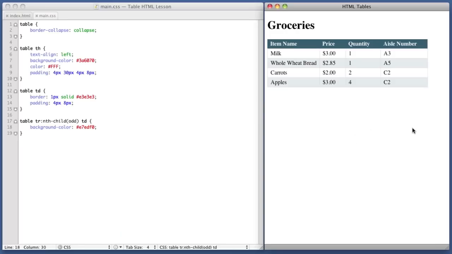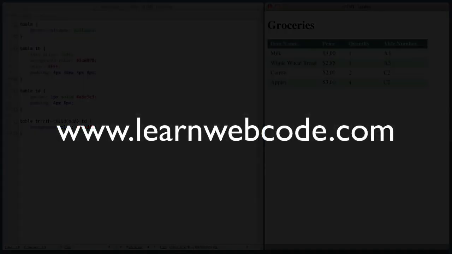So our table now has a bit of basic styling. It's easy for the human eye to look at it and immediately tell which pieces of data go together. And that's going to wrap up this video. Thanks for watching. I hope you feel